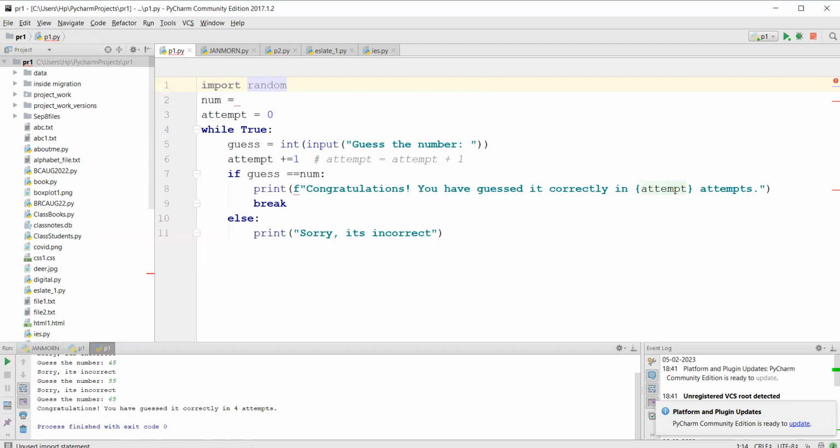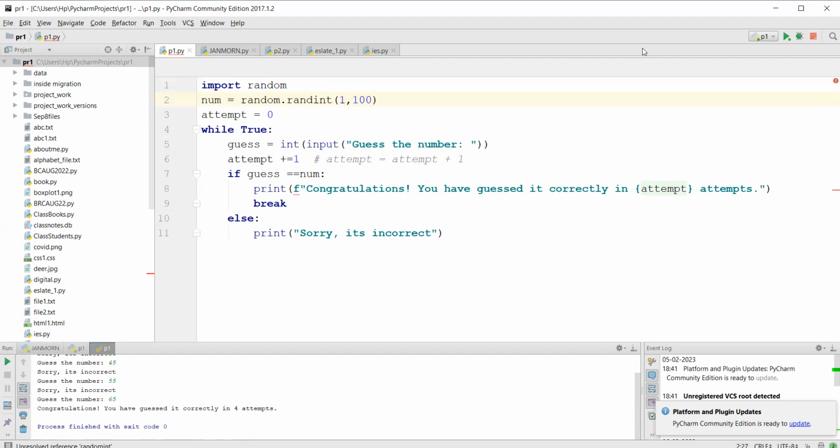Here, one of the functions is called random.randint. Now, randint is a function which takes two values and it will return you a random number. So if I say randint 1 comma 100, it will give us